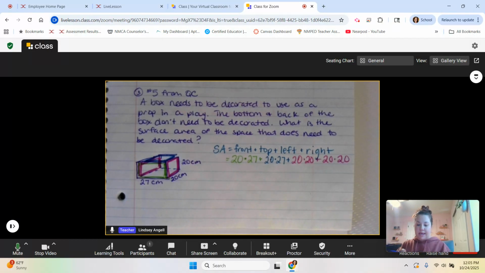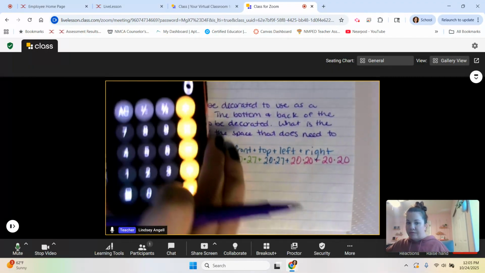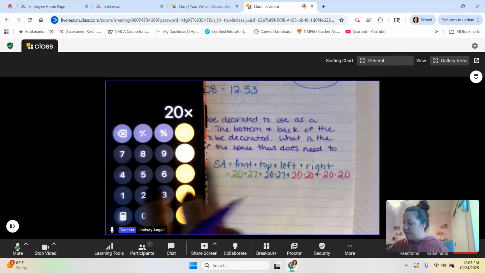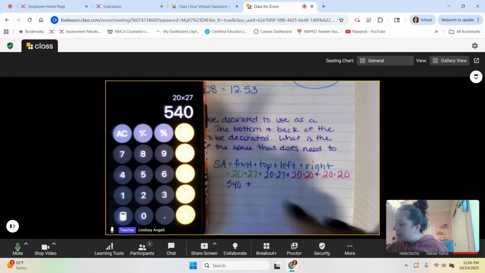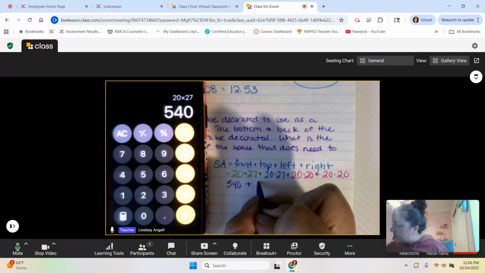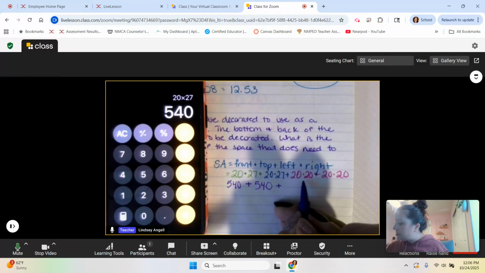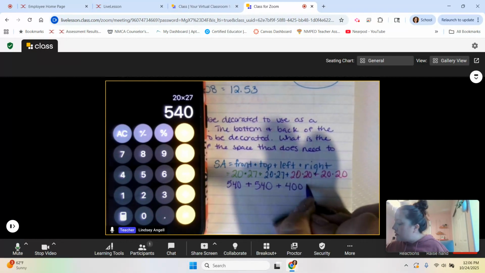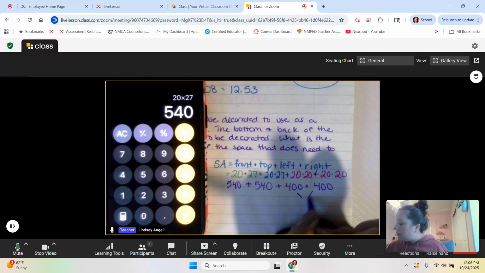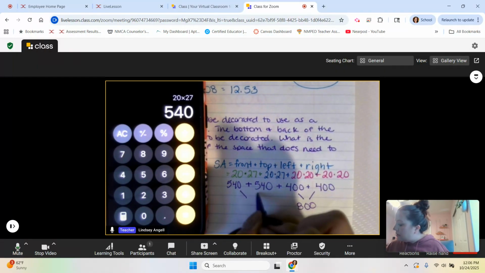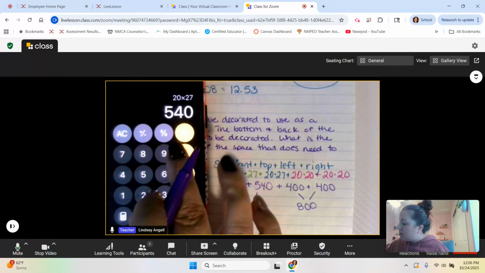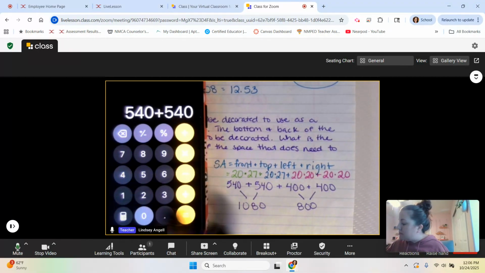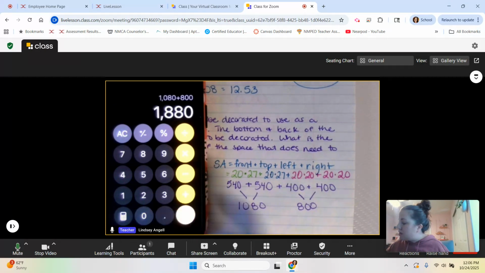All right, so then we'll get handy dandy calculator. Let's see. With this I have 20 times 27. That gives me 540. Plus, and then there's another 20 by 27, so that's 540. Plus, and then 20 times 20, I can do that in my head, that's 400. Plus another 400. Well, I know those added together is 800. These added together are going to give me 1080, right? So I'll add that to make sure, and then plus 800 gives me